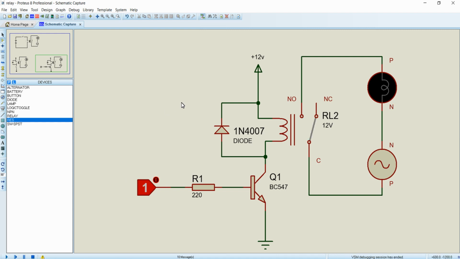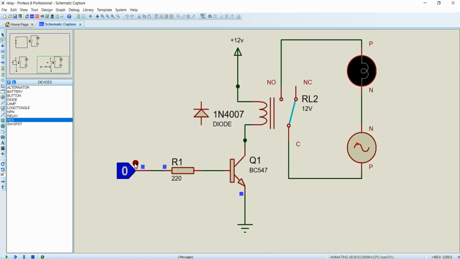So you may be wondering why we want this diode. Let's understand that. I am removing the contact of the diode. When I supply a 0 volt signal to the base of the transistor, the relay will not be energized, and when I trigger the transistor base, the relay will be energized. Now the current from here will be flowing in this direction, and it will be moving through the coil, and again it will be neutralized in this ground. So this is the direction of the current. So it will keep on flowing.